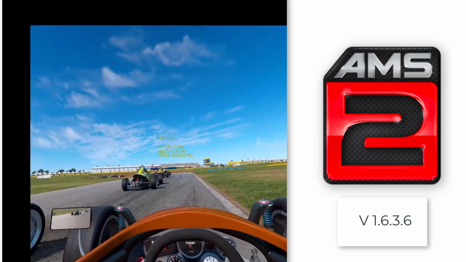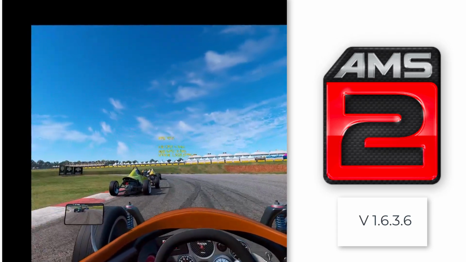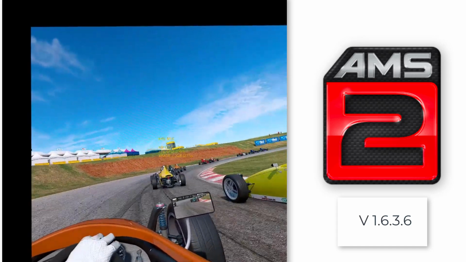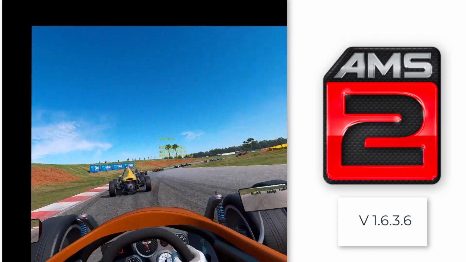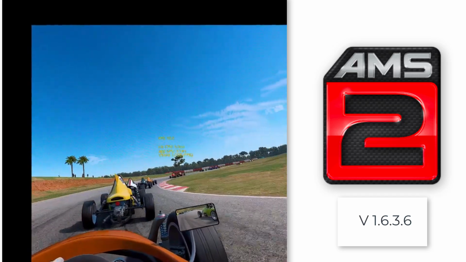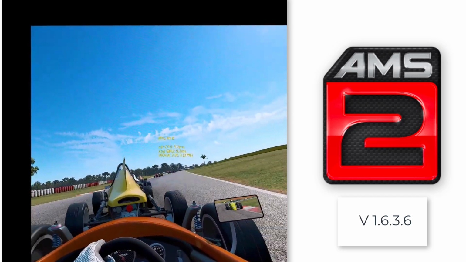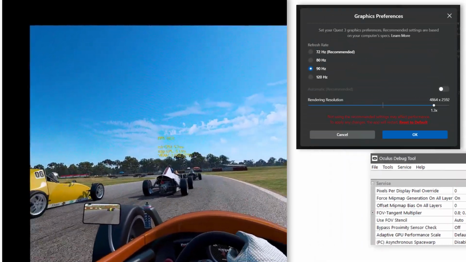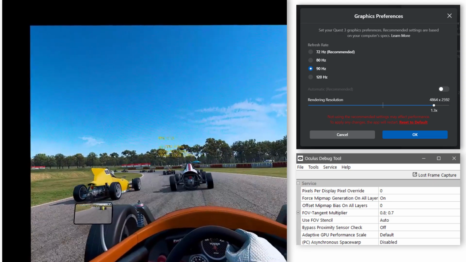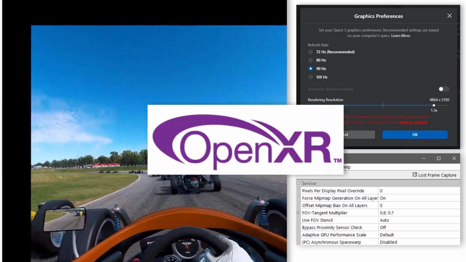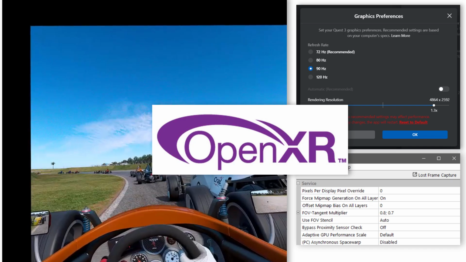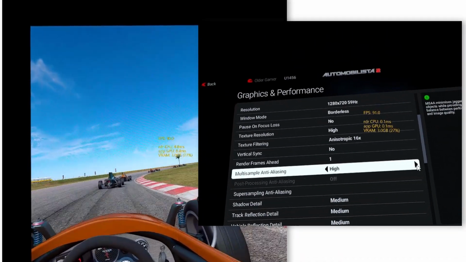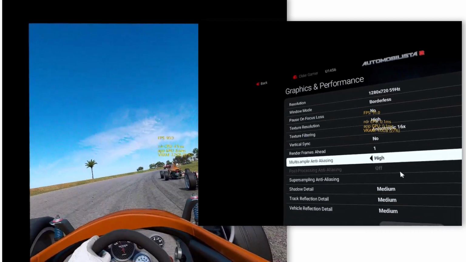In fact, I did wonder if we were ever going to get there, but now that 1.6 has been released and nicely patched up to deal with some of the issues that version 1.6 introduced, it's nice to see that VR performance hasn't suffered in the process. And I'm happy that using a combination of the Meta app and the FOV multiplier in the Oculus debug tool and also the OpenXR codec has allowed me to push the graphical settings of this fantastic sim racer a lot further than I used to be able to. In all, right now, in my opinion,